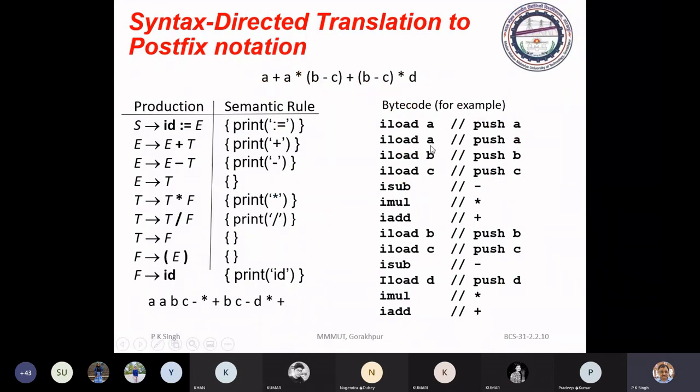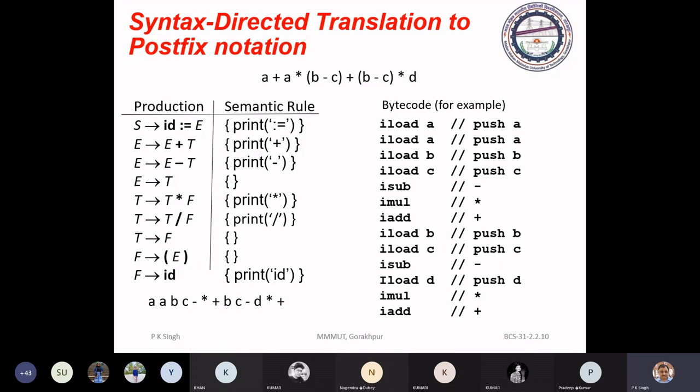Load A, B, C, then it will do the subtraction, multiplication, addition, then push B, push C, then subtraction, and so on. This is the byte code.